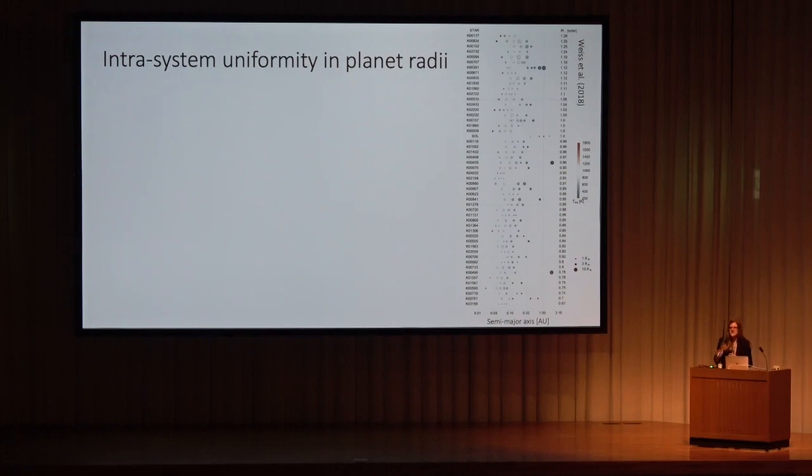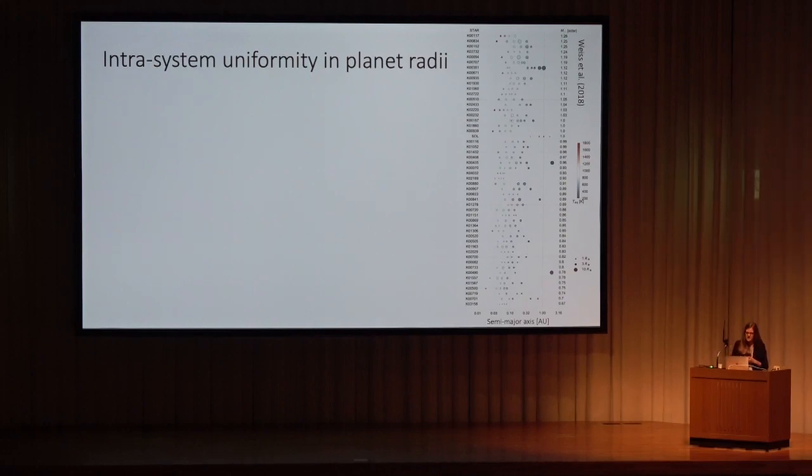So first, planets in the same system tend to have similar radii as their neighbors. This was hinted in early studies by Lissauer et al., but was pointed out in detail by Weiss et al. in 2018 in this study of multi-planet systems from the California Kepler survey. So you can sort of see this by eye in this figure. If you scan your eyes down through the various systems, you can see that planets have radii that are more similar to those of their neighbors than you would expect if the planets were just drawn randomly from planets across